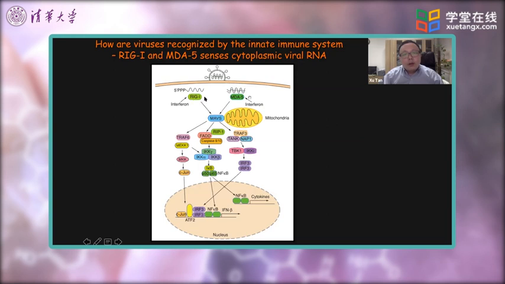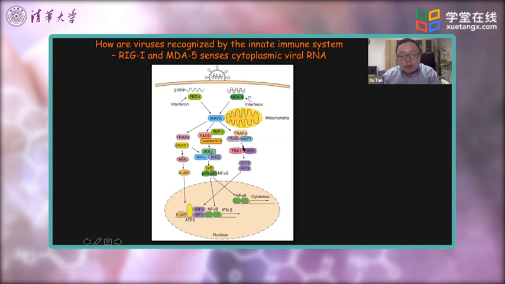For example, the RNAs can be sensed by the RIG-I RNA binding protein or the MDA5 RNA binding protein. Both these RNA binding proteins are interferon stimulated genes. These RNA sensors sense RNA derived from virus replication inside of the cells. Then they trigger a number of cascade signaling events, also mainly mediated by protein phosphorylation as well as other forms